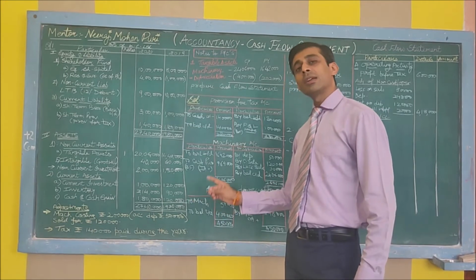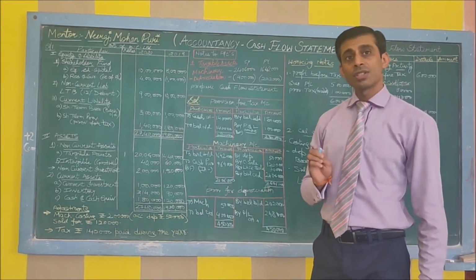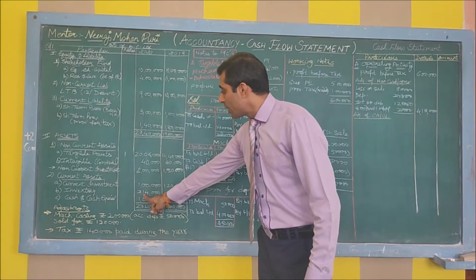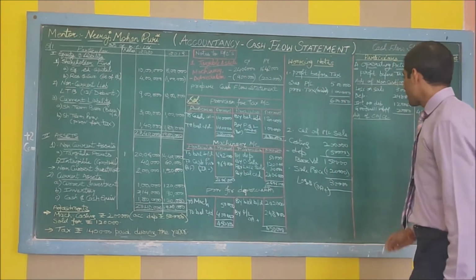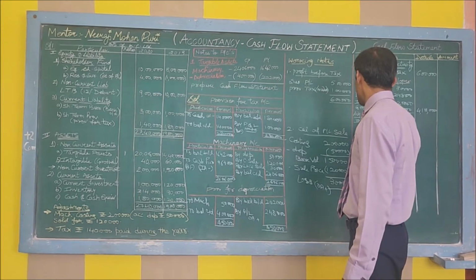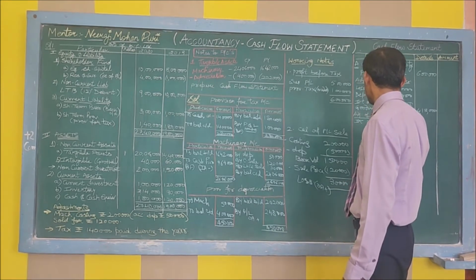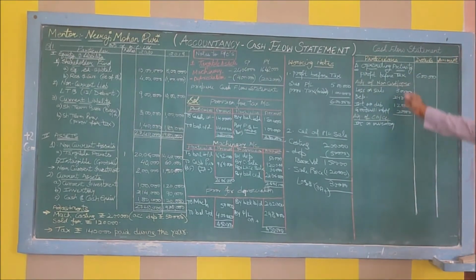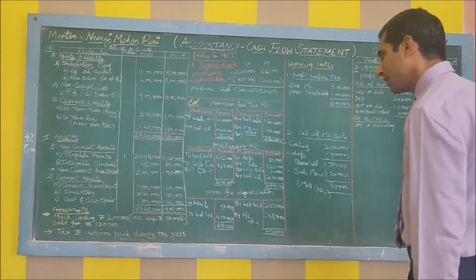Formula would be current year minus previous year. If it is an increase, it will be negative. If it is a decrease, it will be positive. Let's check it out. Your inventory is increasing, so the difference would be subtracted. It will be written increase in inventory. Difference will be a negative value and will be written in the particulars column. So 2,40,000 minus 1,19,000.